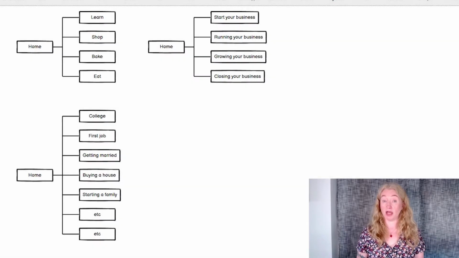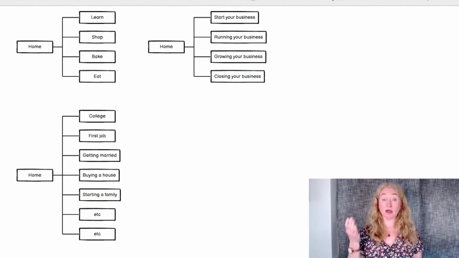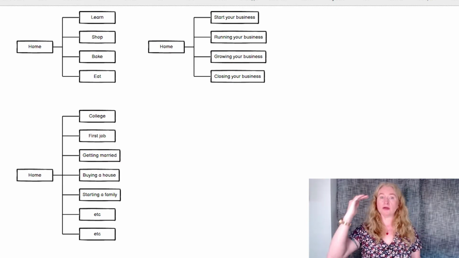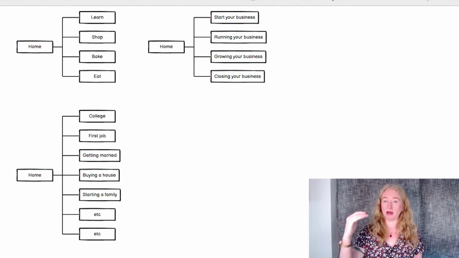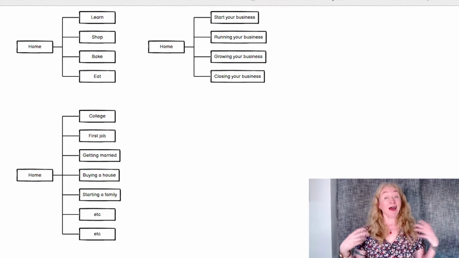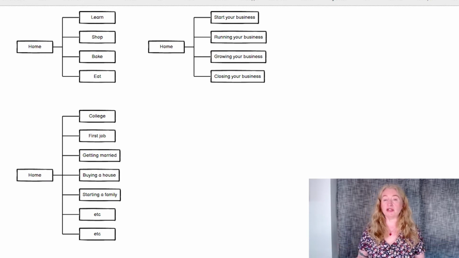The last classification scheme I want to mention is anything that follows some kind of timeline. I've seen real examples that go something like school, college, getting married, buying a house, having children, etc., until death. And it kind of makes sense. There is often different information you might want to give people at these stages of life, particularly for things like finances and education.